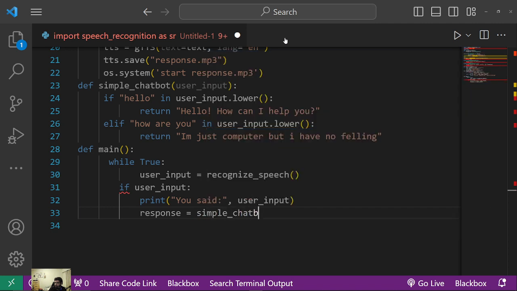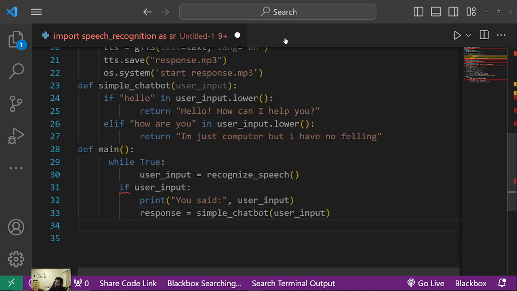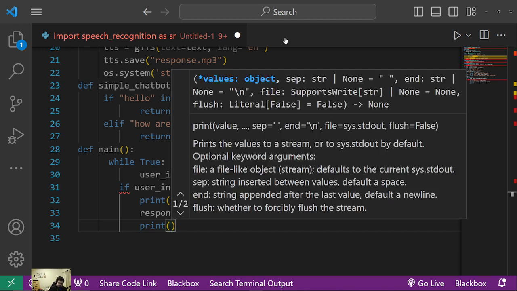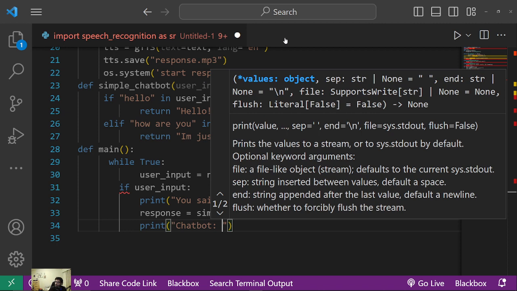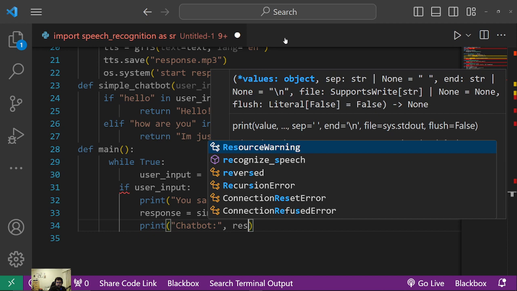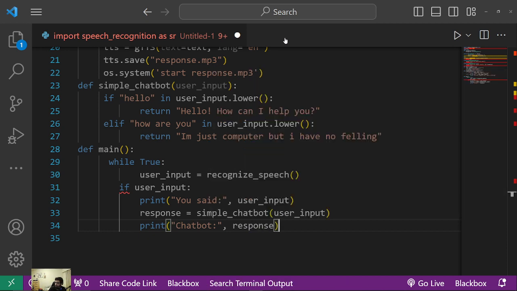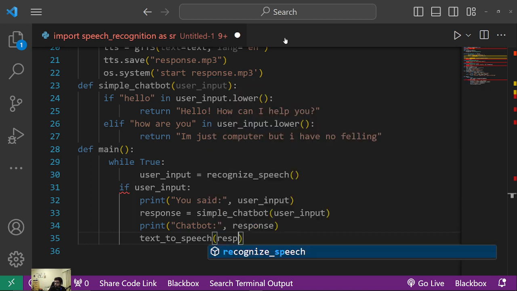simple chat bot. I know there's so many errors. I know, guys, that's why it's not showing, but it's okay. This would make our work so much easier because it would show it, but now. So now I'm going to say whatever the user says after, it's going to be like this, chatbot saying this. So in here I'm going to response, and it's going to be text to speech. So it's going to be basically, this is English, just text to speech, and I'm going to say response,